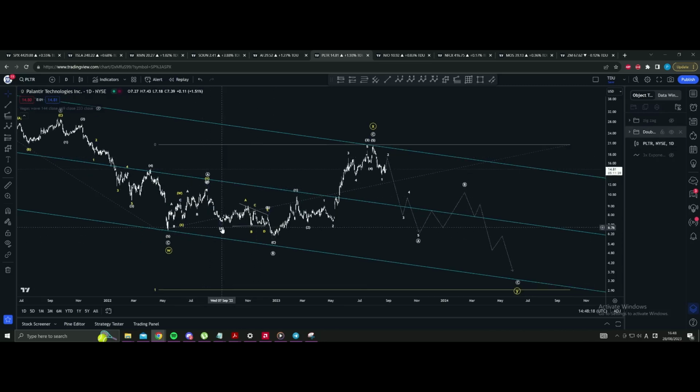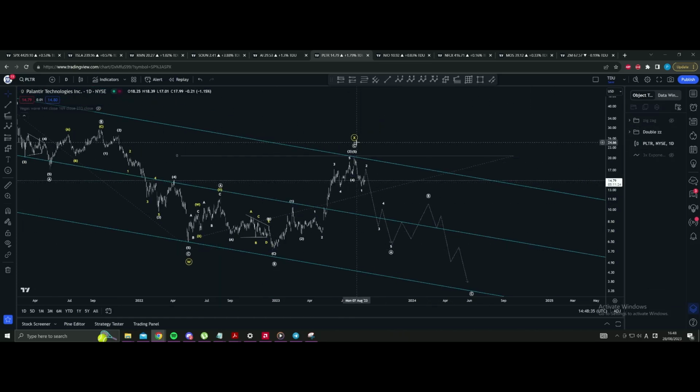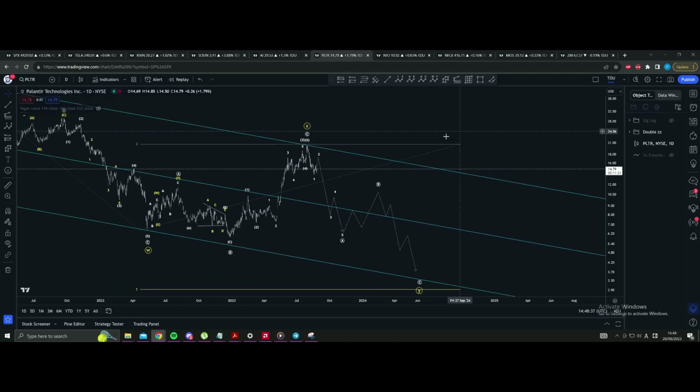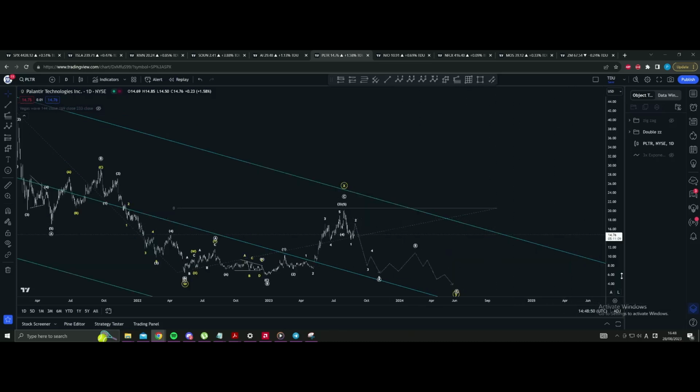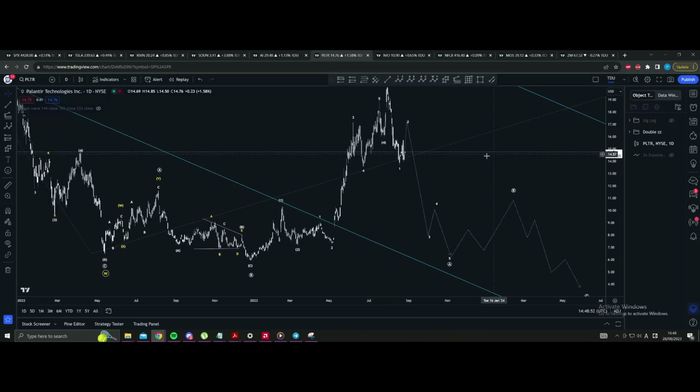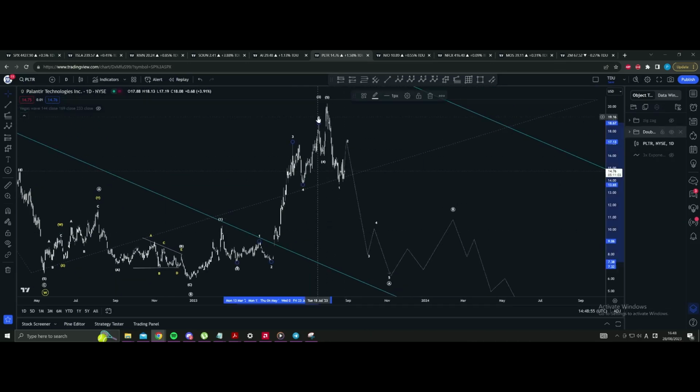Now a triangle again, A B C D E for the B and the C. Another 3-way move, so 3 3 1 2 1 2 3 4 5 4 5. And then we would complete ABC flat for the wave X, and now we're expecting 1 2 3 4 5 for the A, B and the C to end the corrective cycle, if the SPX decides to go down. Now when you move to logarithmic scale, this impulsive structure here makes a bit more sense, and the wave